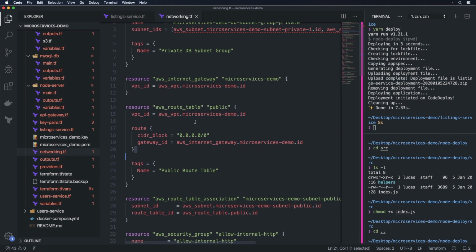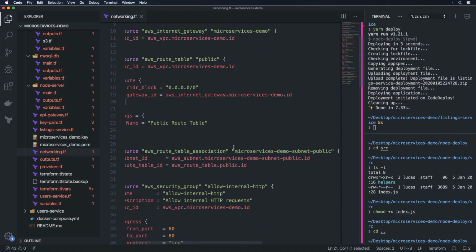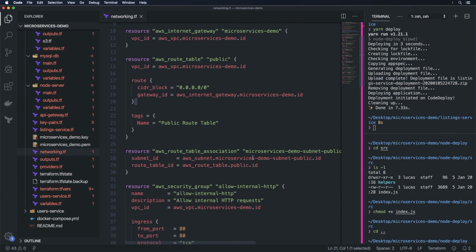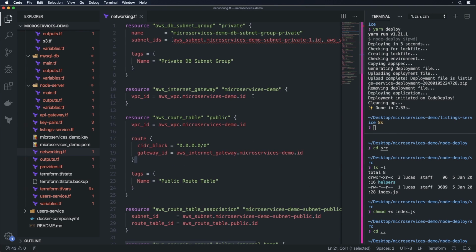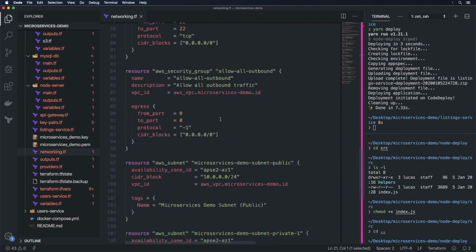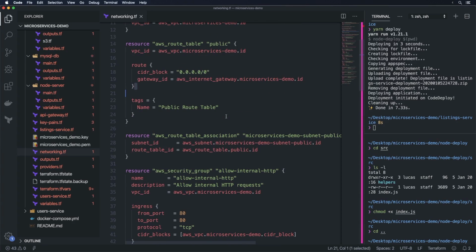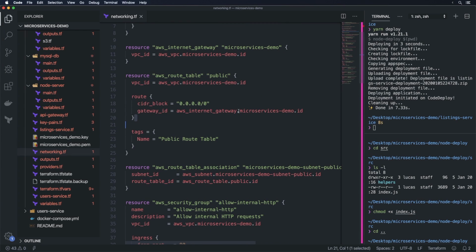So what we've done is we've set up this route table here, and we've associated it with, obviously, the public subnet. But the problem here is that we don't have anything for the private subnet, which actually means that our private subnet can't even access the internet, which is a problem, obviously. So what we need to do here is add in more route table associations which allow outgoing